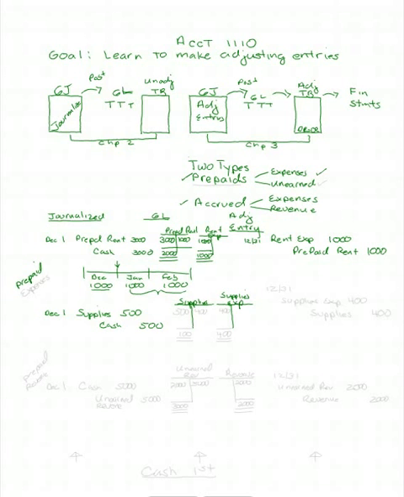Let's post our original entry that was made during the month. And let's further assume that I tell you that I go out and do an inventory at the end of the period, and I discover that I have $100 of supplies left on hand. What is the adjusting entry then to fix this? Well, the adjusting entry will be dated on the last day of the month. All adjusting entries are. And it needs to move the amount into supplies expense